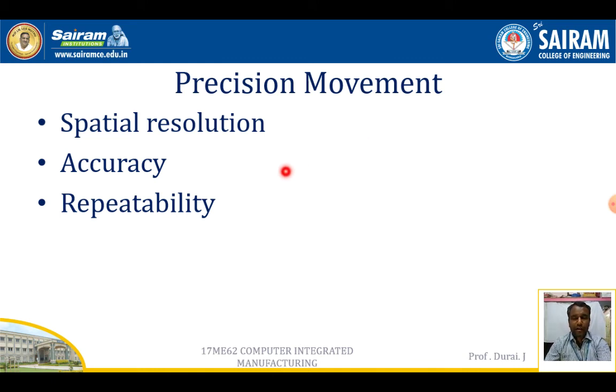Accuracy means the end effector stops exactly at the target point. Then comes repeatability. After reaching the target point, it has to return to the starting point. This time it will not stop exactly on the start point. Somewhere nearer, a slight increment away from the start point, it will start. That is called repeatability. These are called precision of movement, which is based on the movement of the end effector towards the target point.